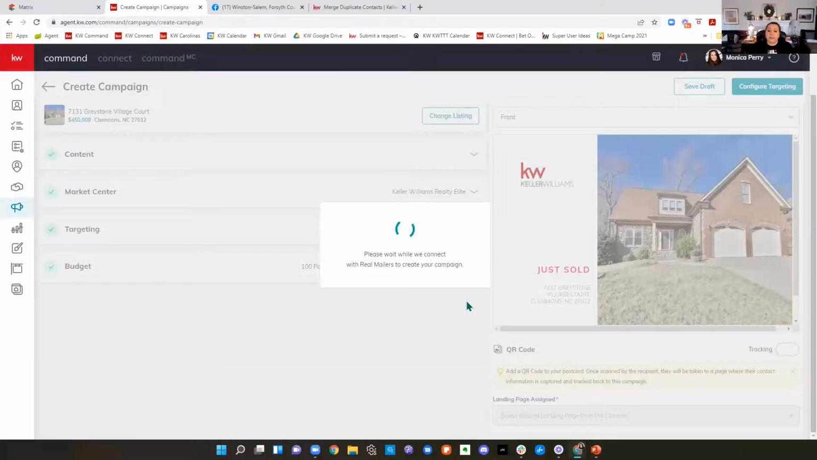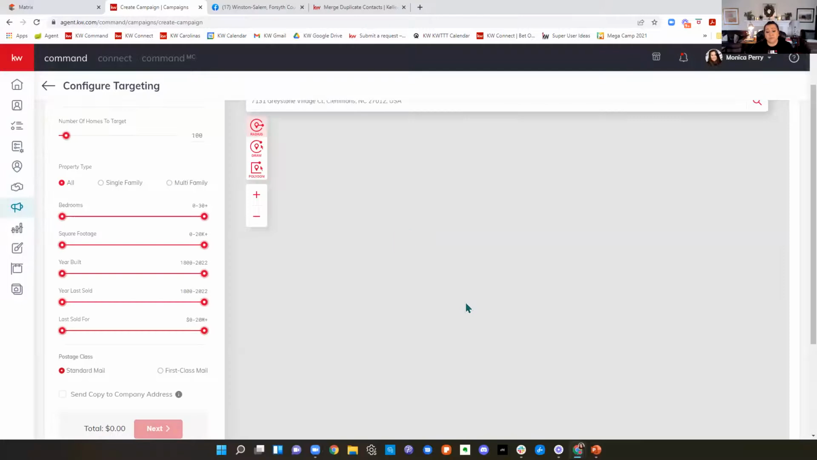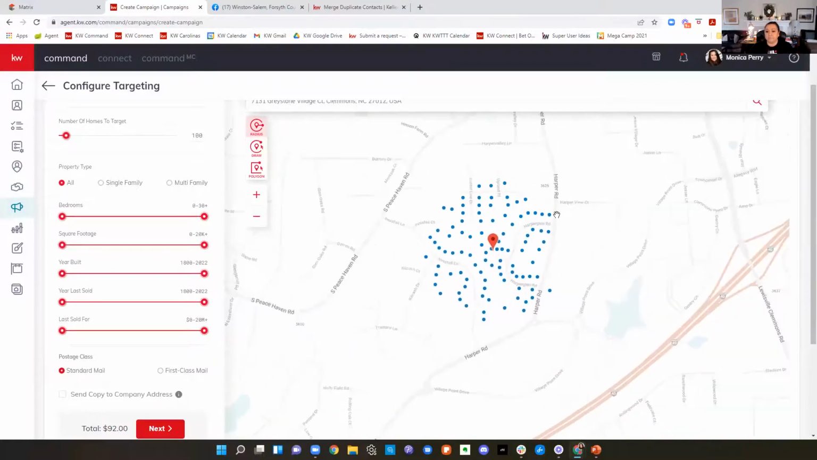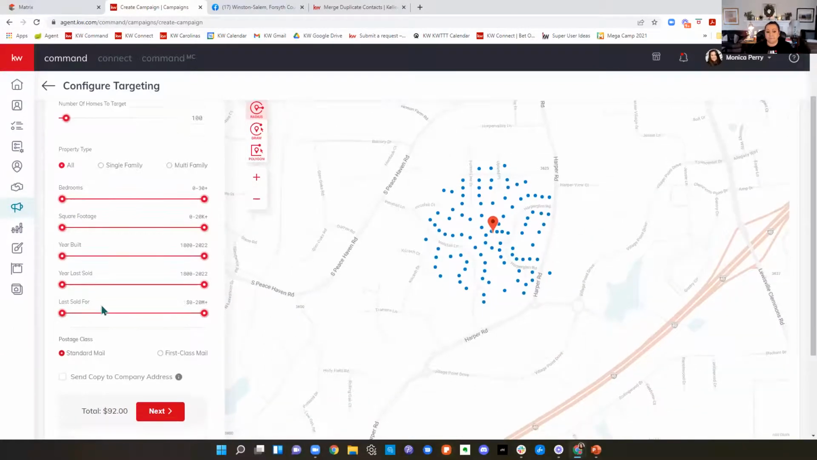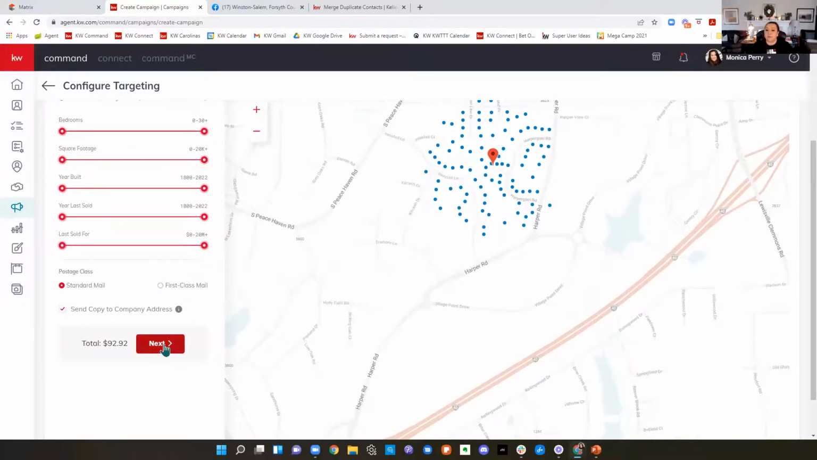It's going to generate it. It's going to connect to Real Mailers, and you don't have to go find the people's information because it's going to go in a radius around the house, and it's already going to have it in there for you. Send a copy to yourself always, because that way you know when it goes. And then you click next and you enter your credit card information, and they go into production. Real Mailers mails them out. You'll see when you get yours,